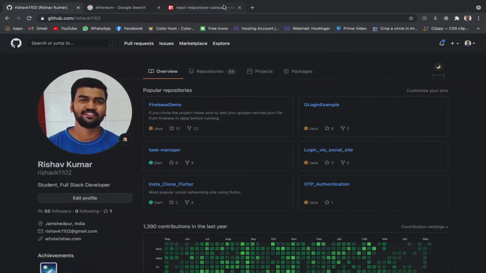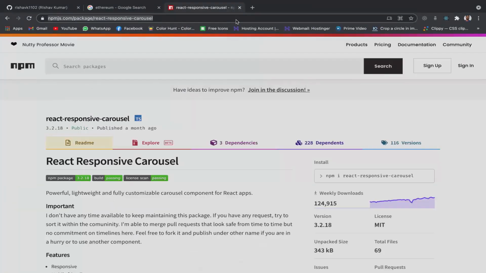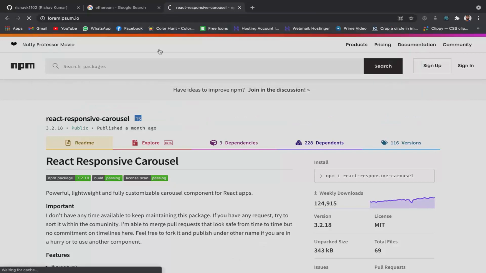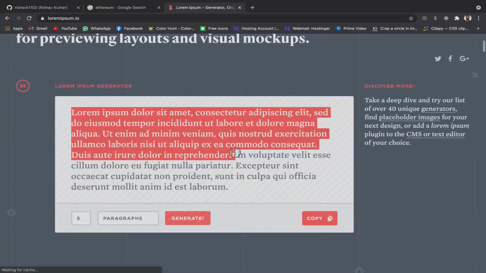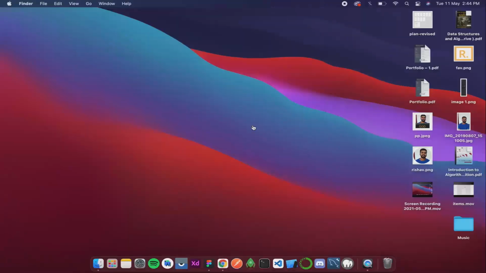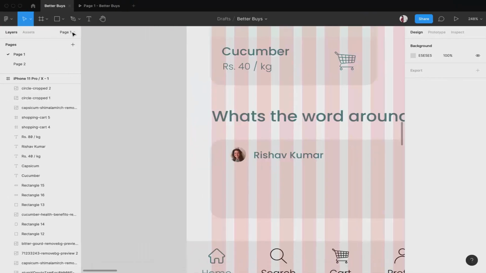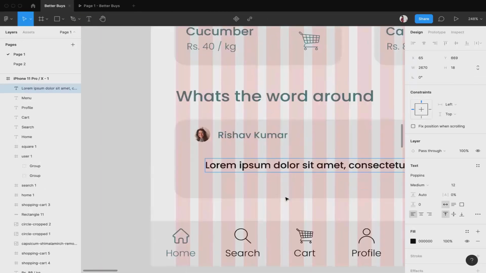And then to get the comment, we have a website called loremipsum.io, which is a lorem ipsum generator. So I'll copy this much from there. I think this should be fine. Copy. Okay, now I'll have a text over here and then paste everything.